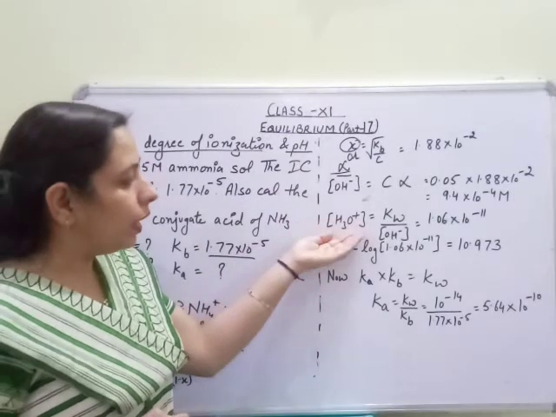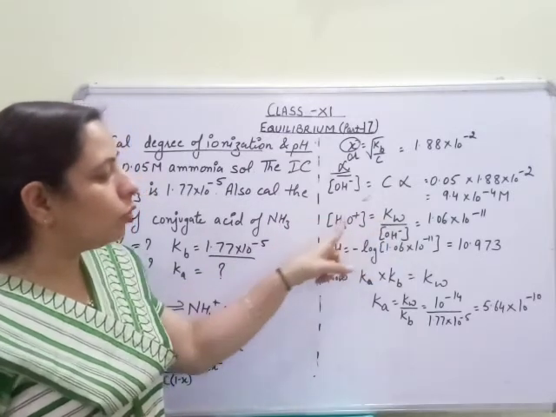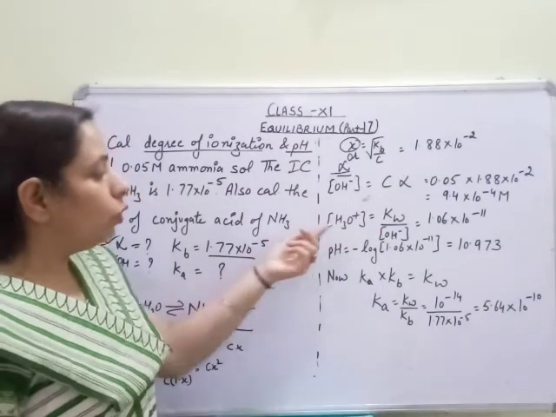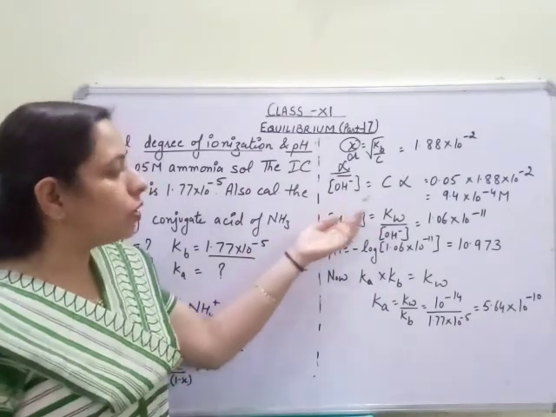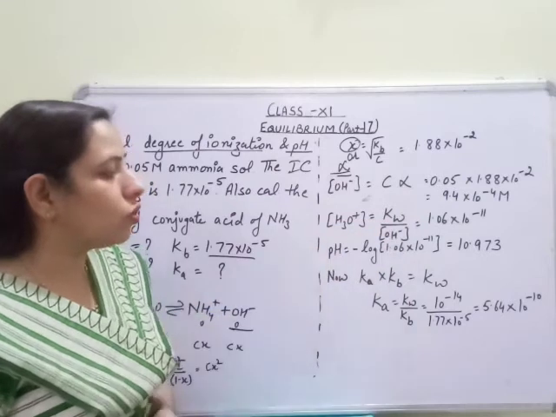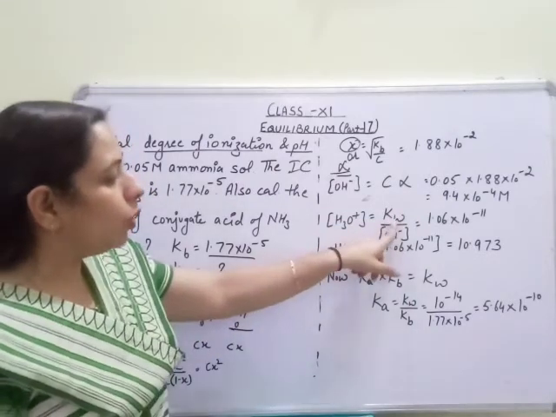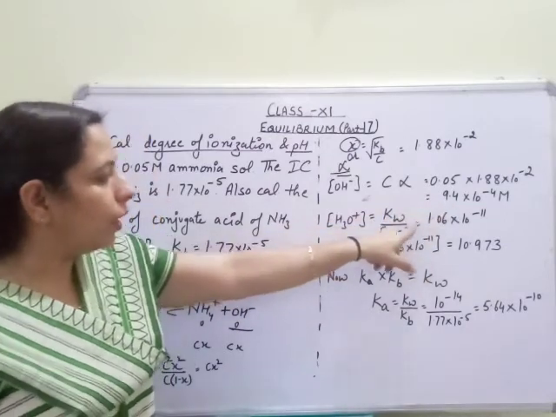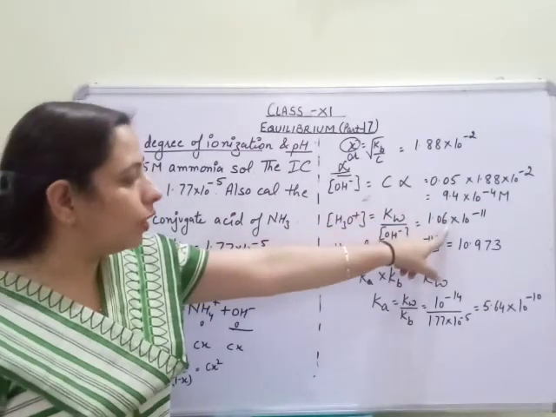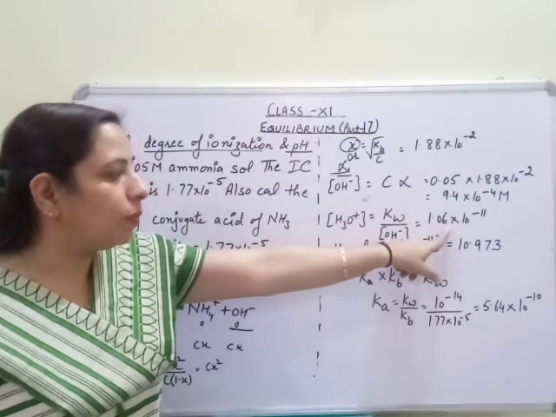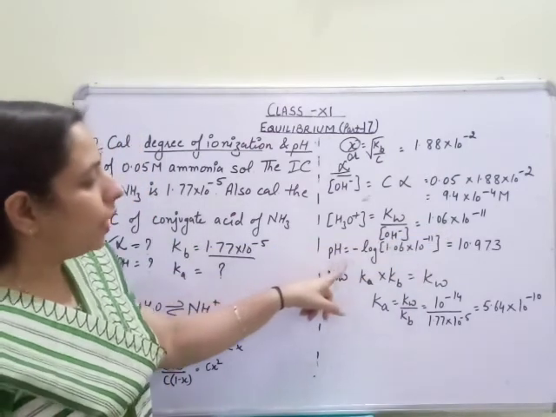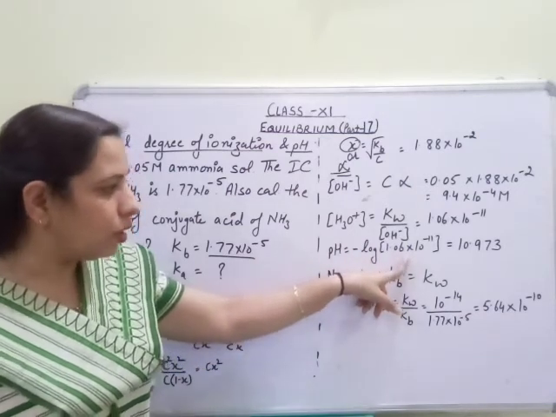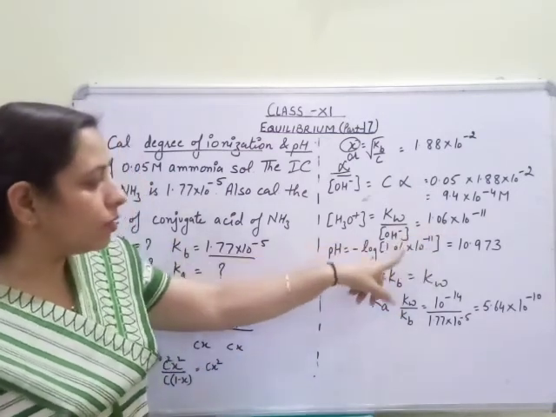वो कैसे मिलेगी, we know the formula Kw is equal to concentration of H3O positive into concentration of OH negative. To find the concentration of H3O positive, Kw upon concentration of OH negative. Kw is 10 to power minus 14. हाइड्रोक्साइड आयन की कंसंट्रेशन हमने यहाँ कैलकुलेट कर ली. Putting up the values and solving it, the concentration of hydronium ions will be this. Now pH, we know the formula pH is negative log of hydronium ion concentration. This is the hydronium ion concentration.